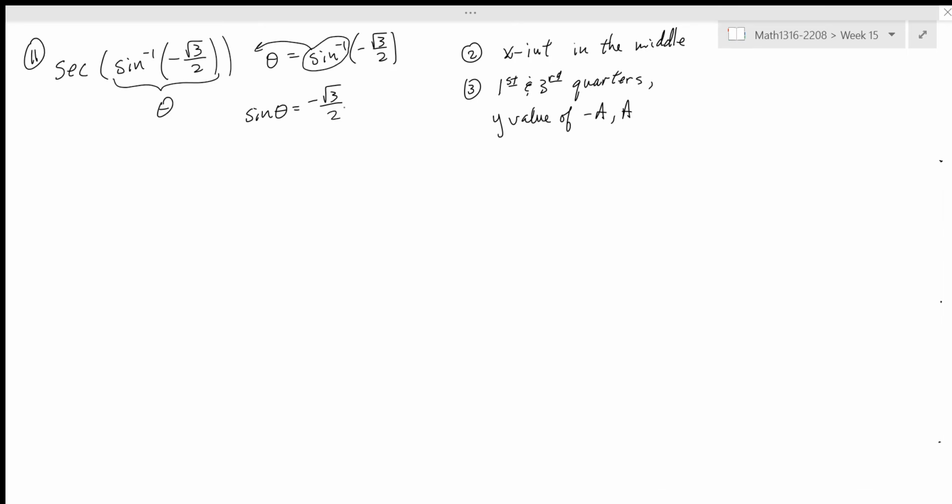Now, do y'all remember in the unit circle, sine is y? So what we need to do is go to the unit circle and find an angle that has a y value of negative square root of 3 over 2. And that has to be quadrant 4, because inverse sine, remember, is restricted to the first and fourth quadrant. So those of you that have your unit circle handy,